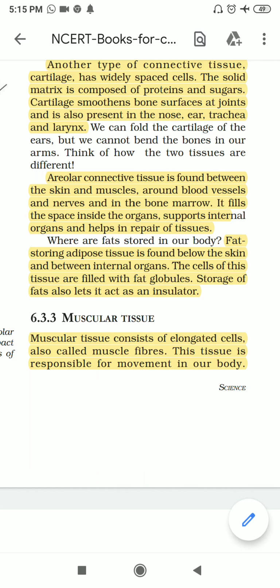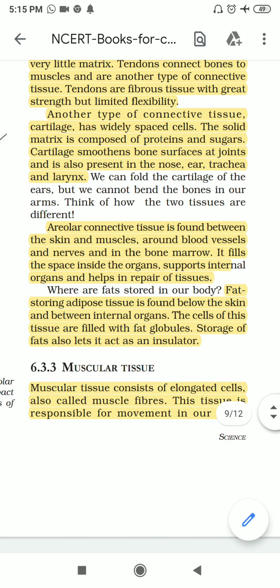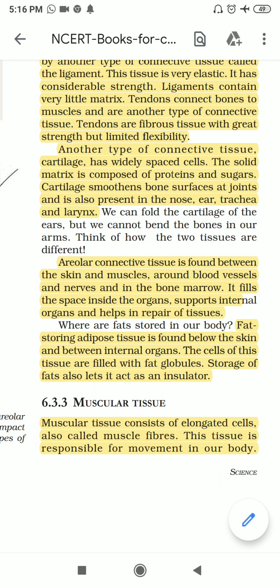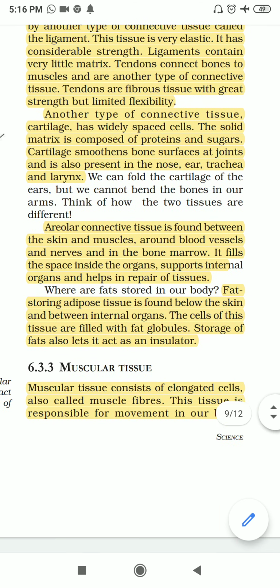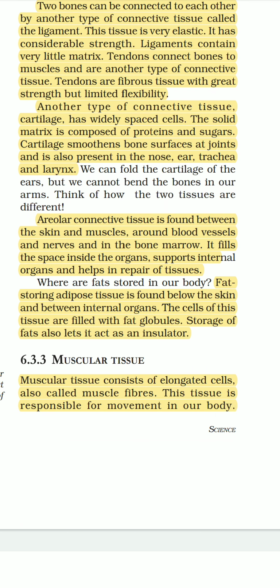Now students, come to the next category of connective tissues, that is loose connective tissues. As the name says, loose connective tissues are quite loosely packed. Their main characteristics are that they have loosely organized fibers, they are quite abundant, they have enough empty space between them, and they have abundant blood vessels. So, these three are the main features of loose connective tissue: loosely organized fibers, abundant blood vessels, and enough empty space. And the first category of it is areolar connective tissues.